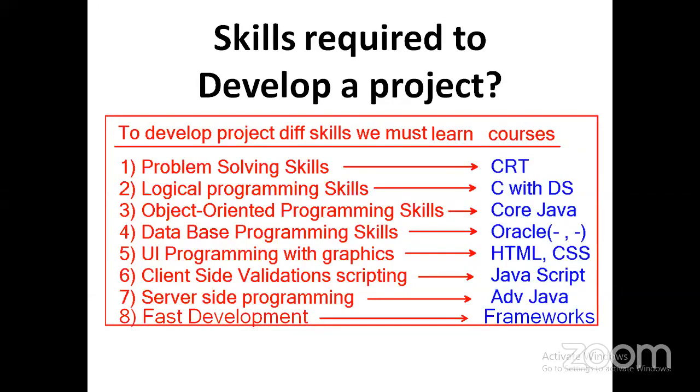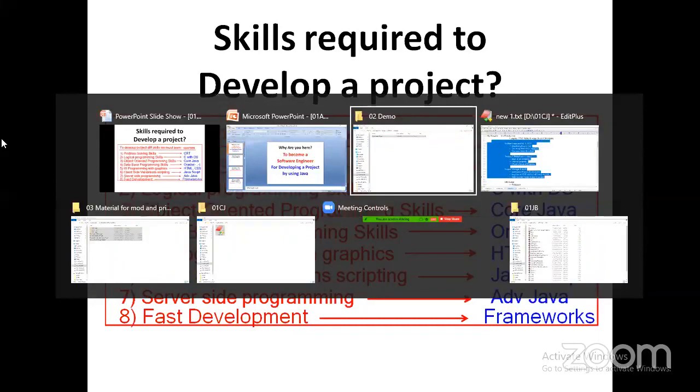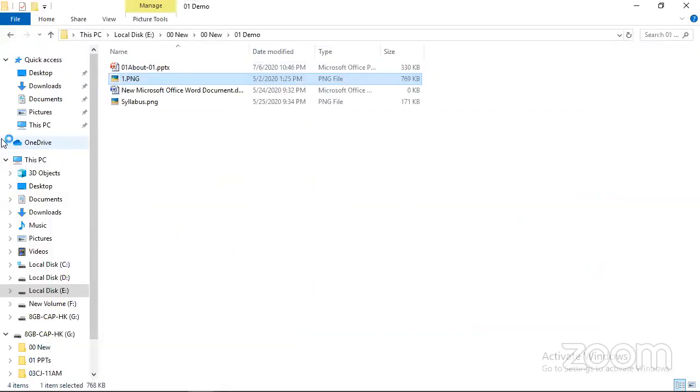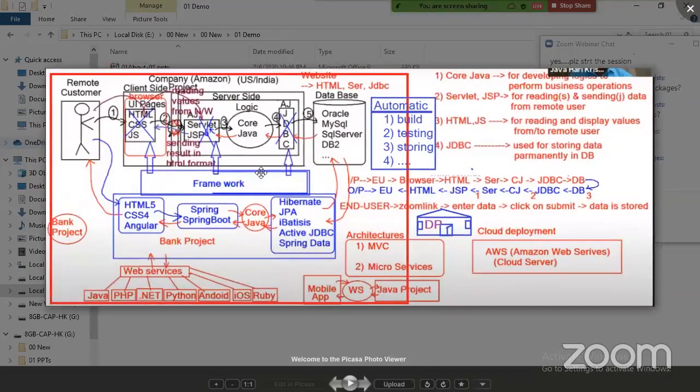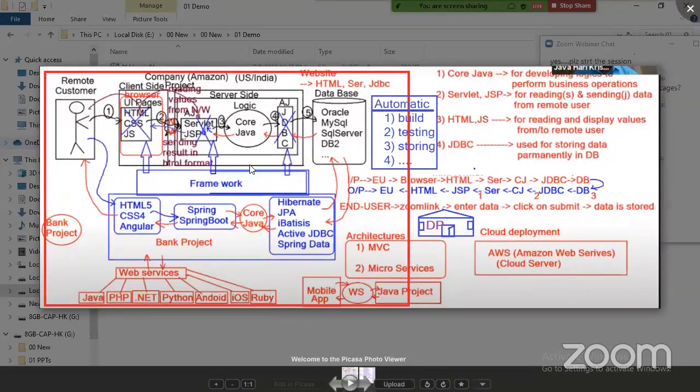I told you I will explain all these things clearly in the coming class as the project architecture. I will explain the clear project architecture. This is the architecture I have explained to your seniors. I'll explain the same architecture to you also. How they are working, everything I will explain to you very clearly. Okay, no need to worry about it.